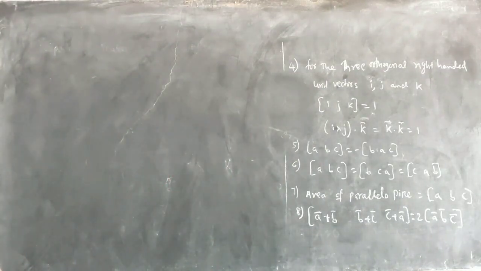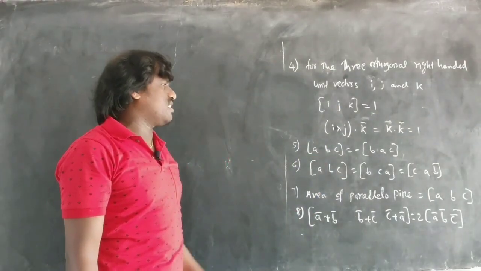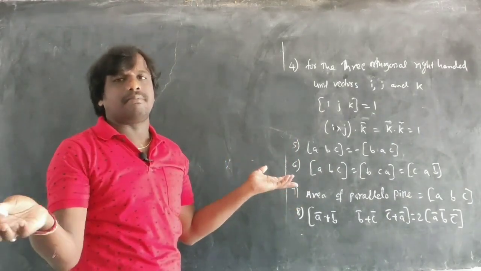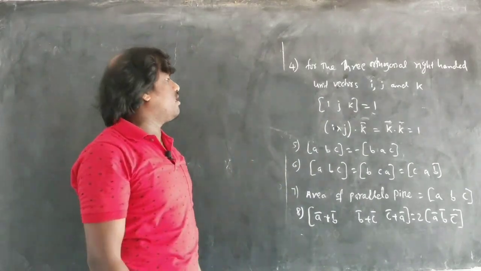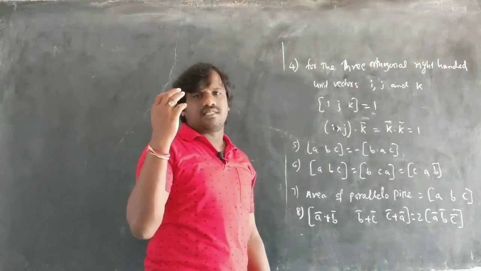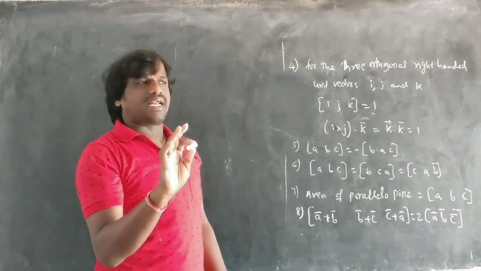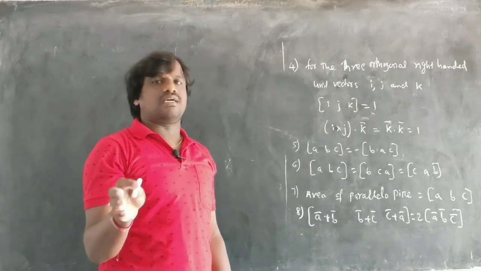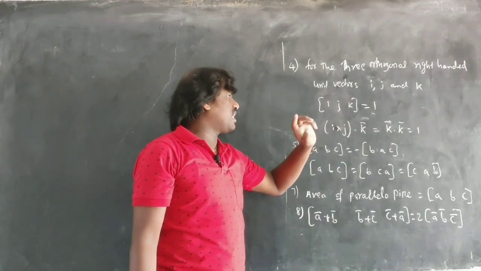Now the fourth point here is for three orthogonal right-handed unit vectors, any vectors i, j, k. Orthogonal means perpendicular, 90 degrees. i, j, k will be perpendicular. You know all right, i cap, j cap, k cap, all these three are perpendicular to each other. That's why it is said as orthogonal right-handed. Right-handed means you know that, right? Right-handed and left-handed will be there, right-handed forms acute angle, left-handed obtuse angle. Now here i, j, k you have, box of ijk is 1.